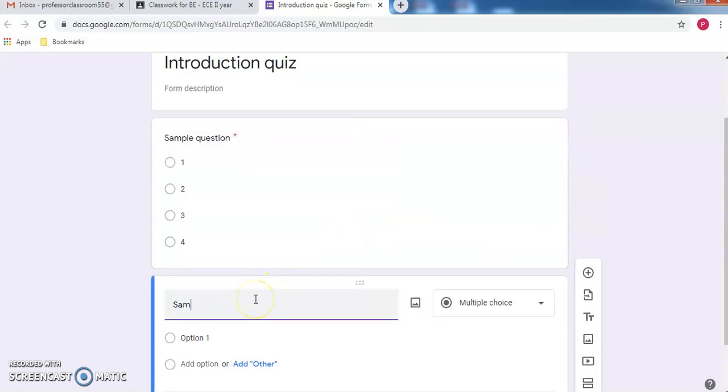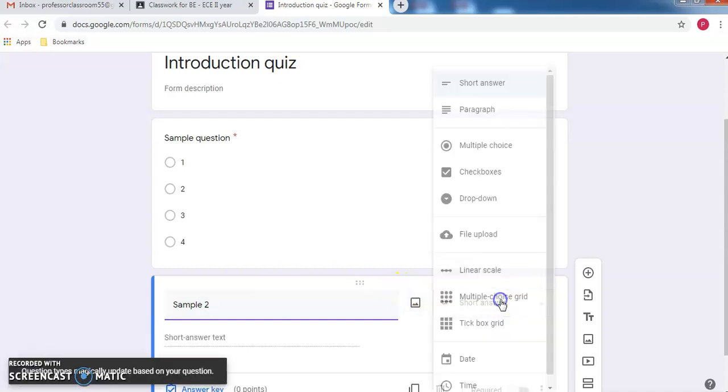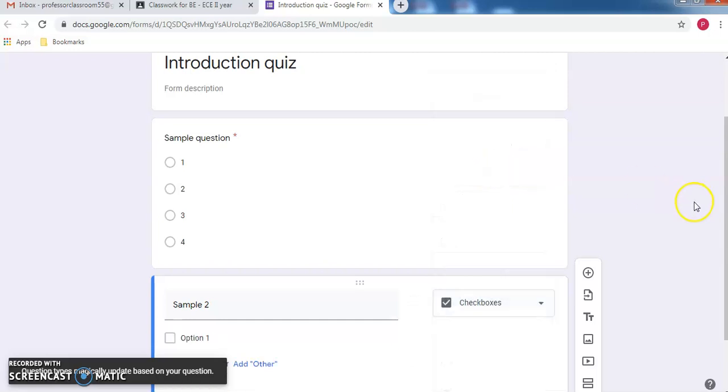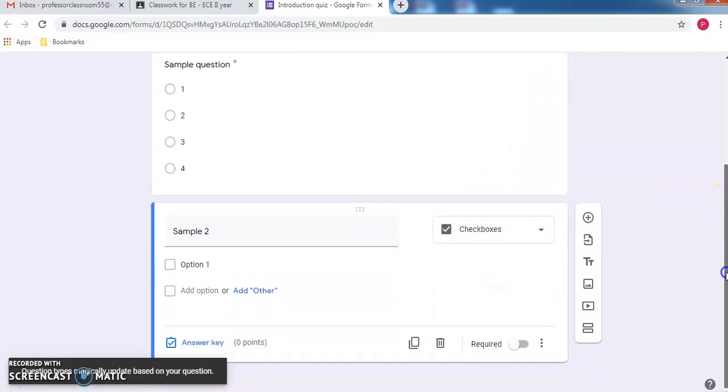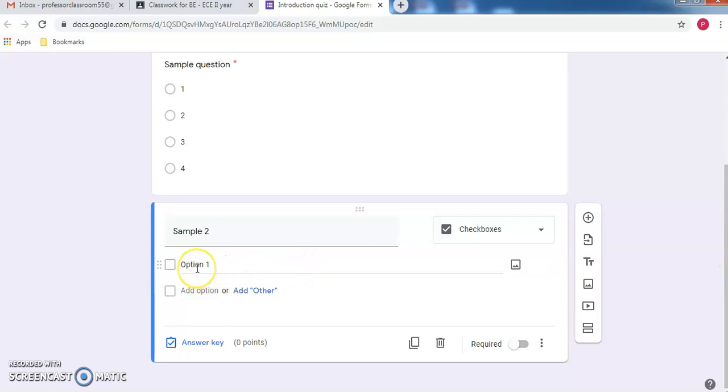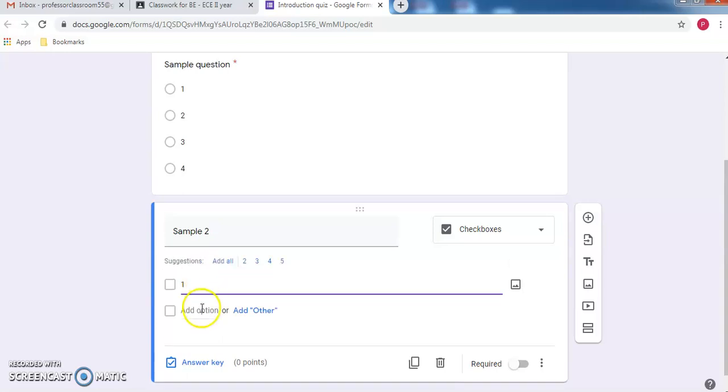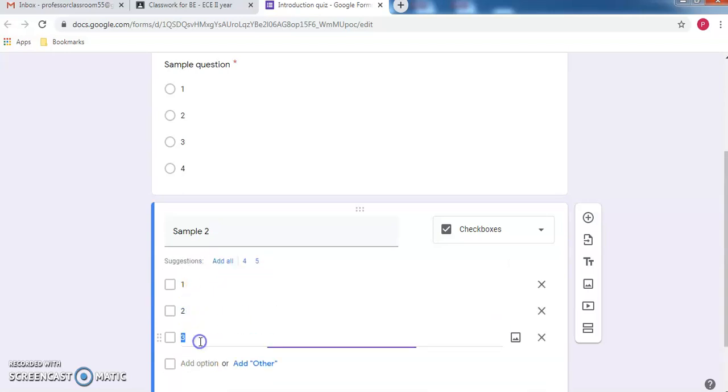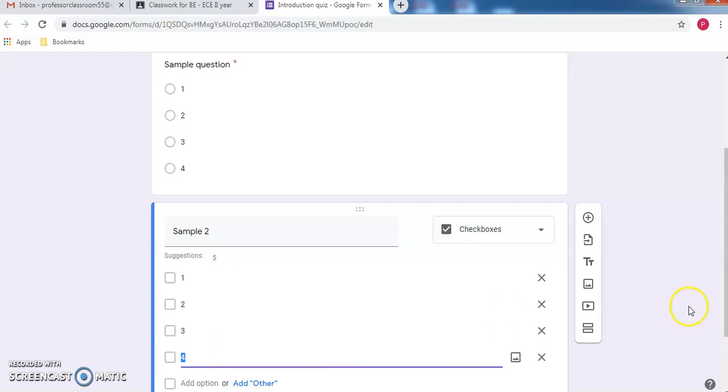Again, sample 2. Here I will give it as a checkbox kind of. So here user can choose more. There they can choose only one option. Here they can choose more than one option. That is checkbox. So same way as I will give it as 1, 2, 3, and 4.